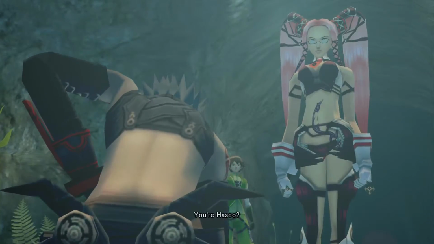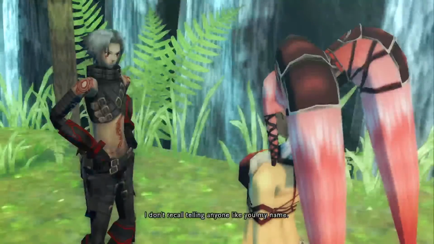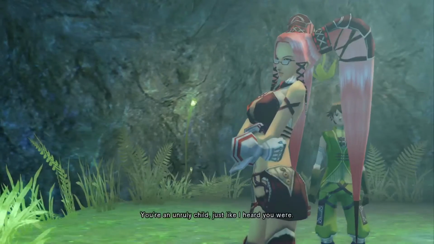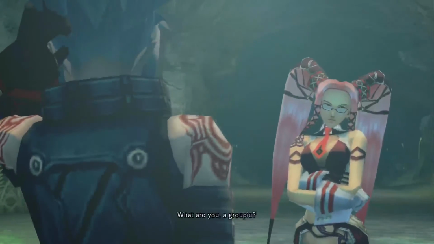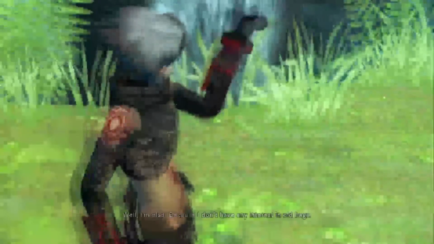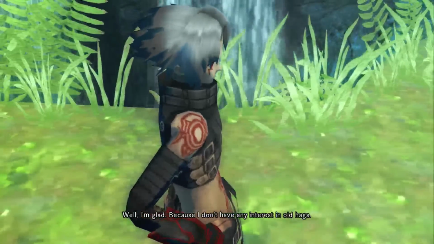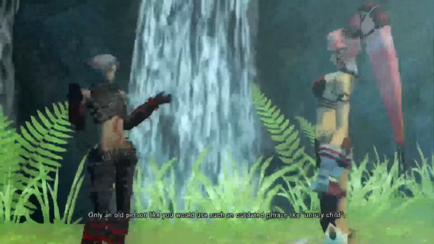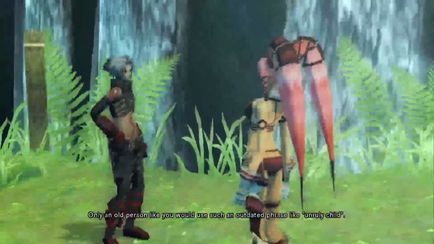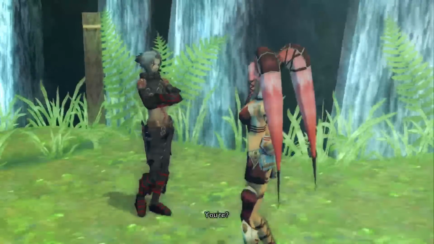You're Haseo. I don't recall telling anyone like you my name. You're an unruly child, just like I heard you were. What are you, a groupie? Nice try, but I'm not interested in brats. Well, I'm glad. Because I don't have any interest in old hags. What? Old hag? Only an old person like you would use such an outdated phrase like unruly child. Damn brat. I'll have you know that I'm... You're...